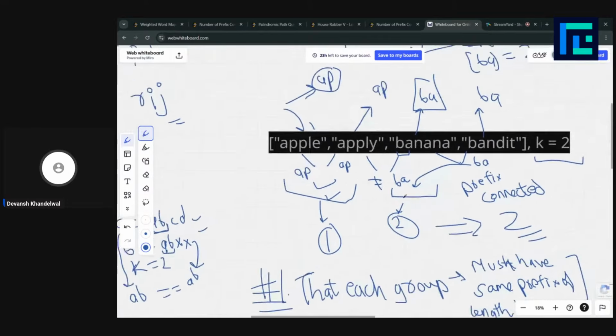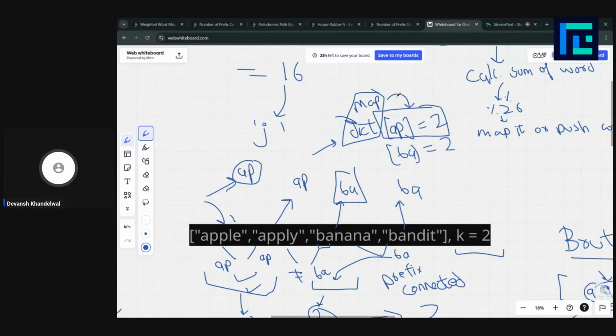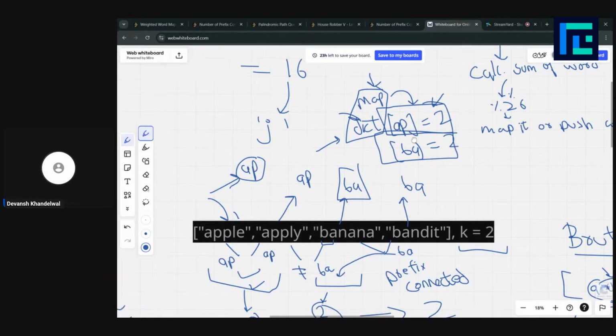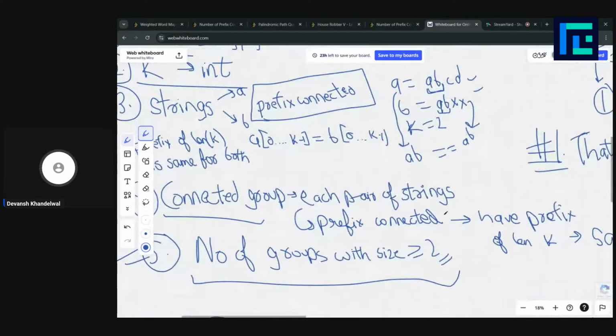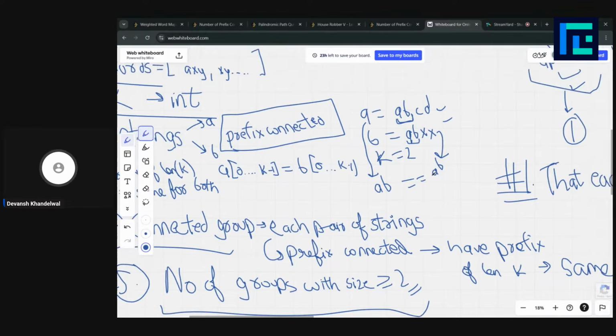That means if I calculate for each prefix how many strings have it, all the strings that had ap as their prefix would form a group, and again this would also form a group. And then after making this map or dictionary, I would check whether their count is greater than 1 or not, because we need groups of size greater than or equal to 2.